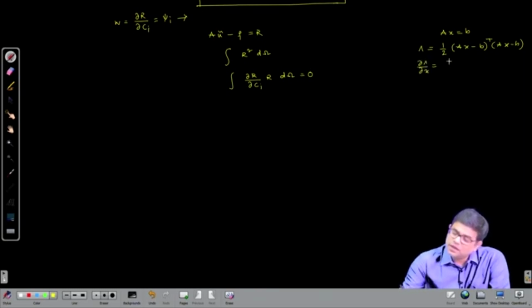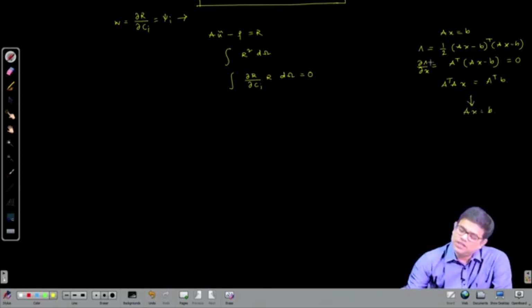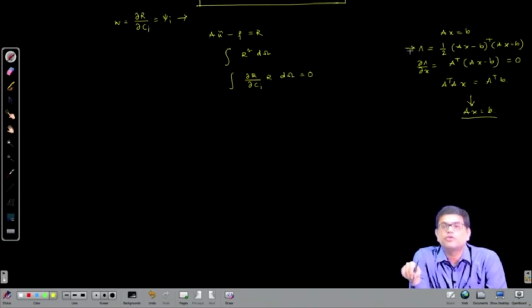X is a vector here, so which I can write as A transpose times Ax minus B. So this I make 0, which essentially gives A transpose Ax equals to A transpose B. Now if A is a square matrix, and if its inverse exists, then I can pre-multiply with A inverse transpose, and then I can get the Ax equals to B equation. So solving Ax equals to B is essentially solving this, but this is not true for the rectangular